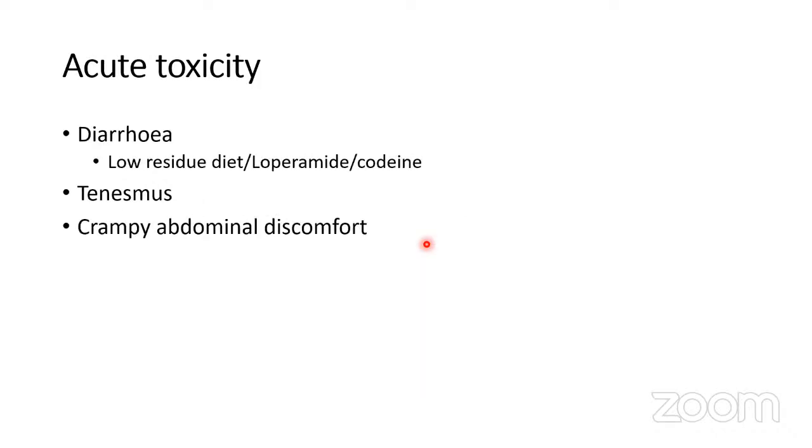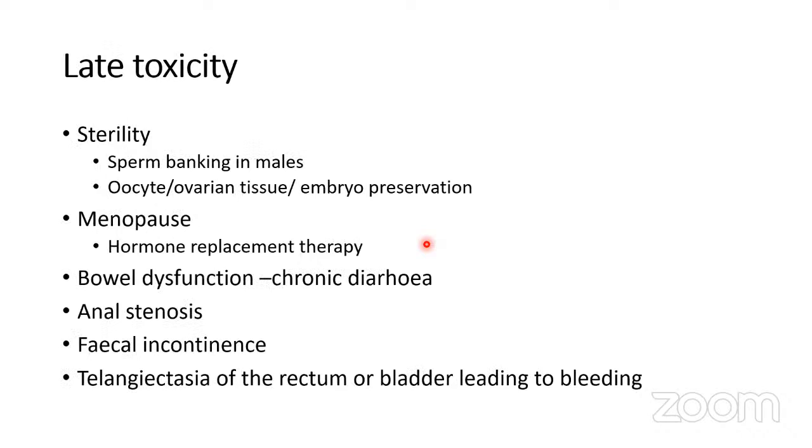And diarrhea, obviously, is a side effect of small bowel dose, which can be managed with loperamide or codeine, and tenesmus and abdominal discomfort. These are the side effects which are expected during the course of radiotherapy or immediately after completion of radiotherapy. And the late toxicity would include sterility, that's why it is very important to give the options